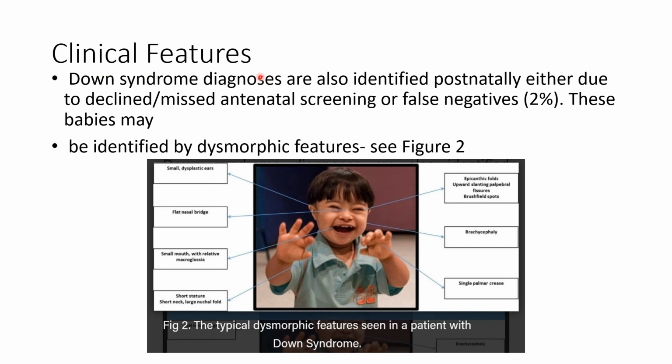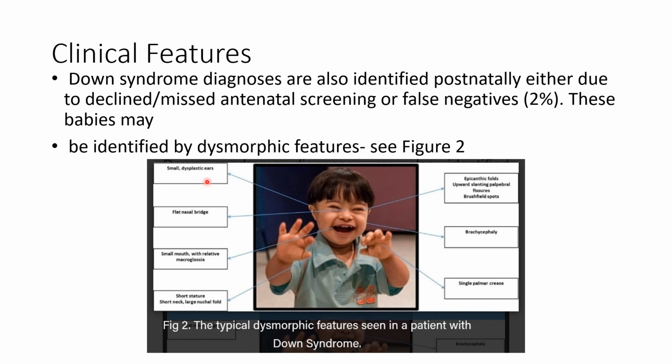So features of Down syndrome. Down syndrome diagnoses are also identified postnatally, either due to a declined or a missed diagnosis, or false negatives, which is usually 2%. So these babies may be identified by dysmorphic features. So these are the features of someone who has a small